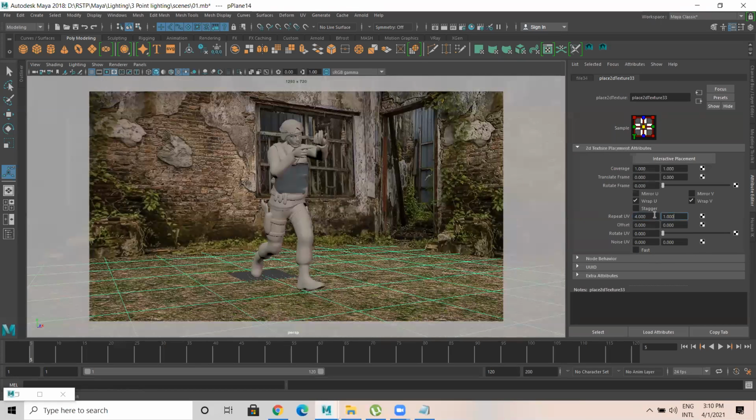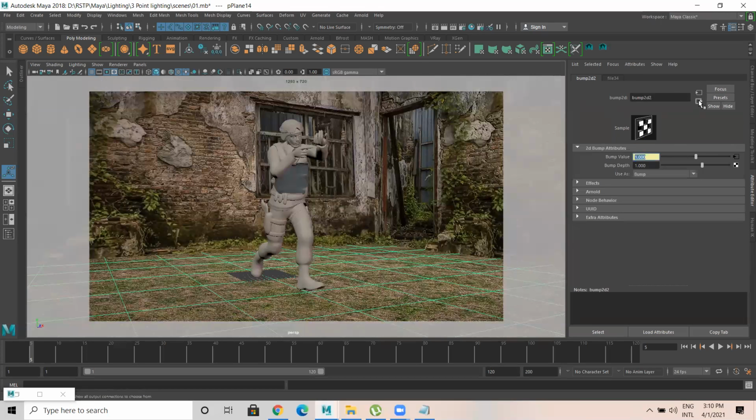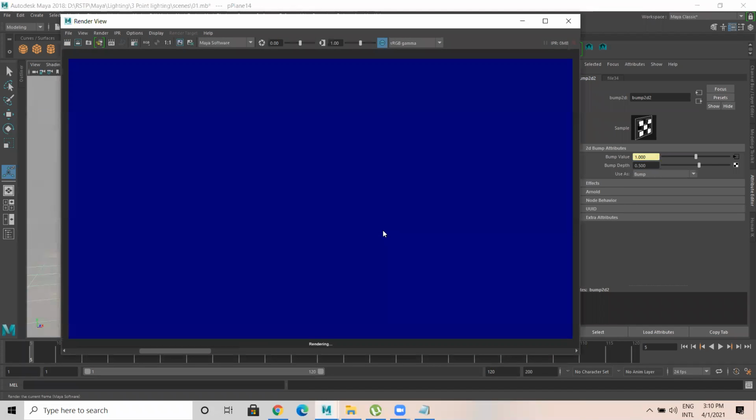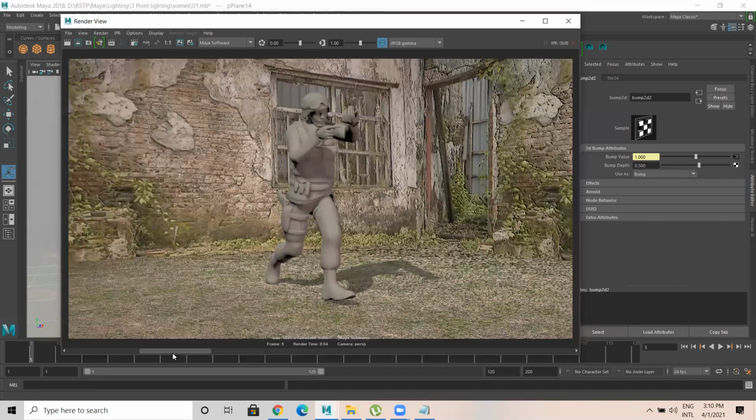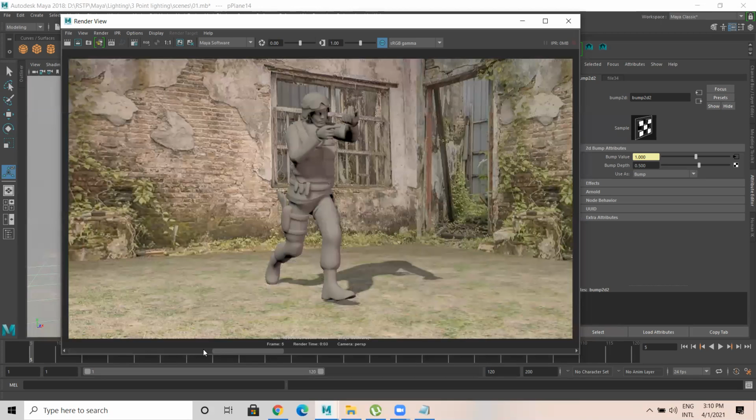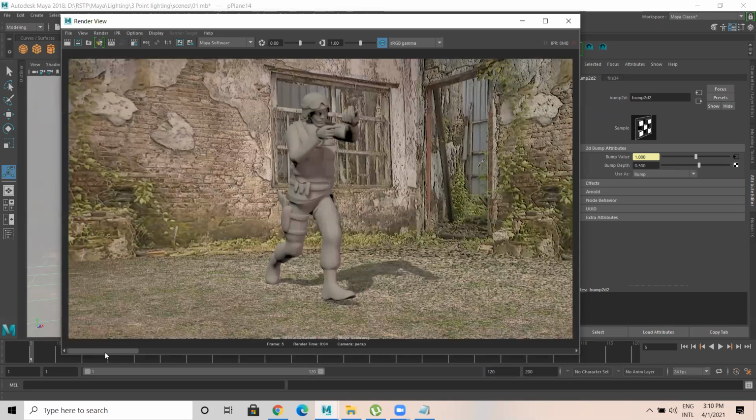This is 4x4. Come back, bump, I give 0.5 and you take a render. Again, you get a bit more detail. See, the grass was like this. Now it's like this. Okay, I think I reduce this to 0.3.